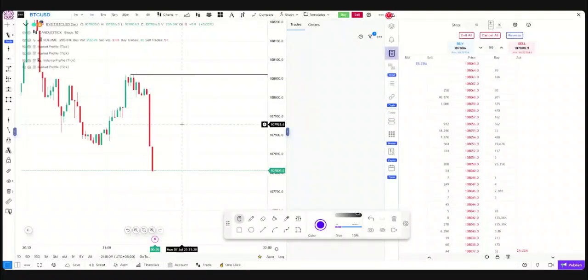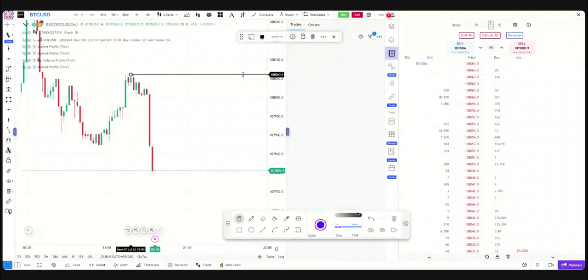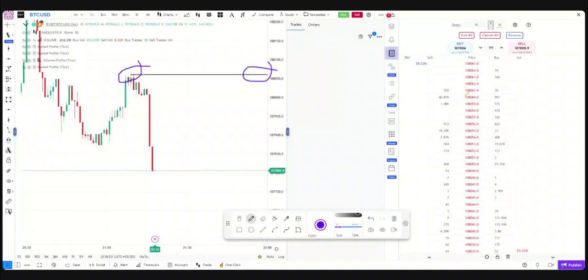108,060. That's the level. You can see orders that were placed that made the market end. So you can basically see that was the 108,060. Now you can see orders that were placed, so